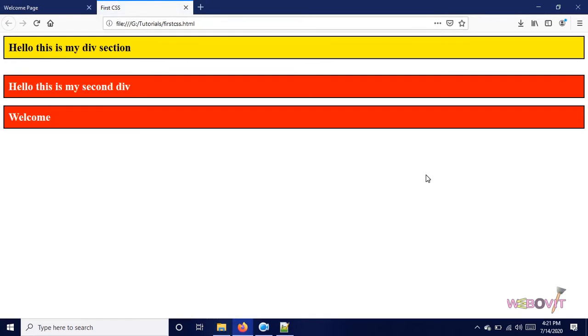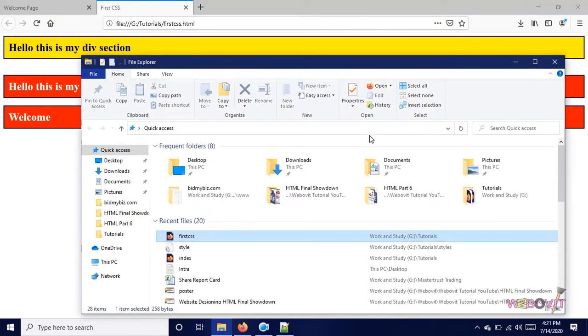This is the file. We simply had 3 divs. These two had the same class and this one had an ID. So this one has a different style, and these two have a different style using the class. These two are identical but this one is unique. We learned this in our first tutorial.